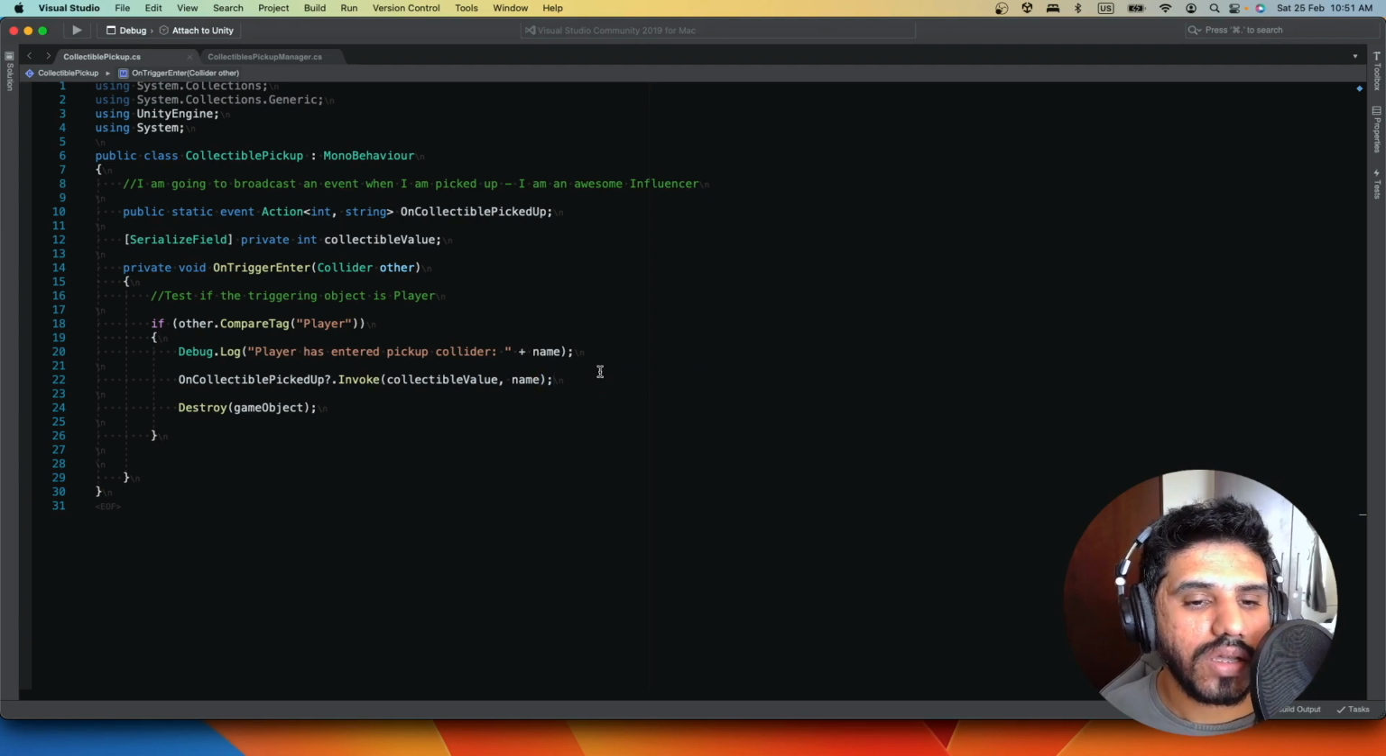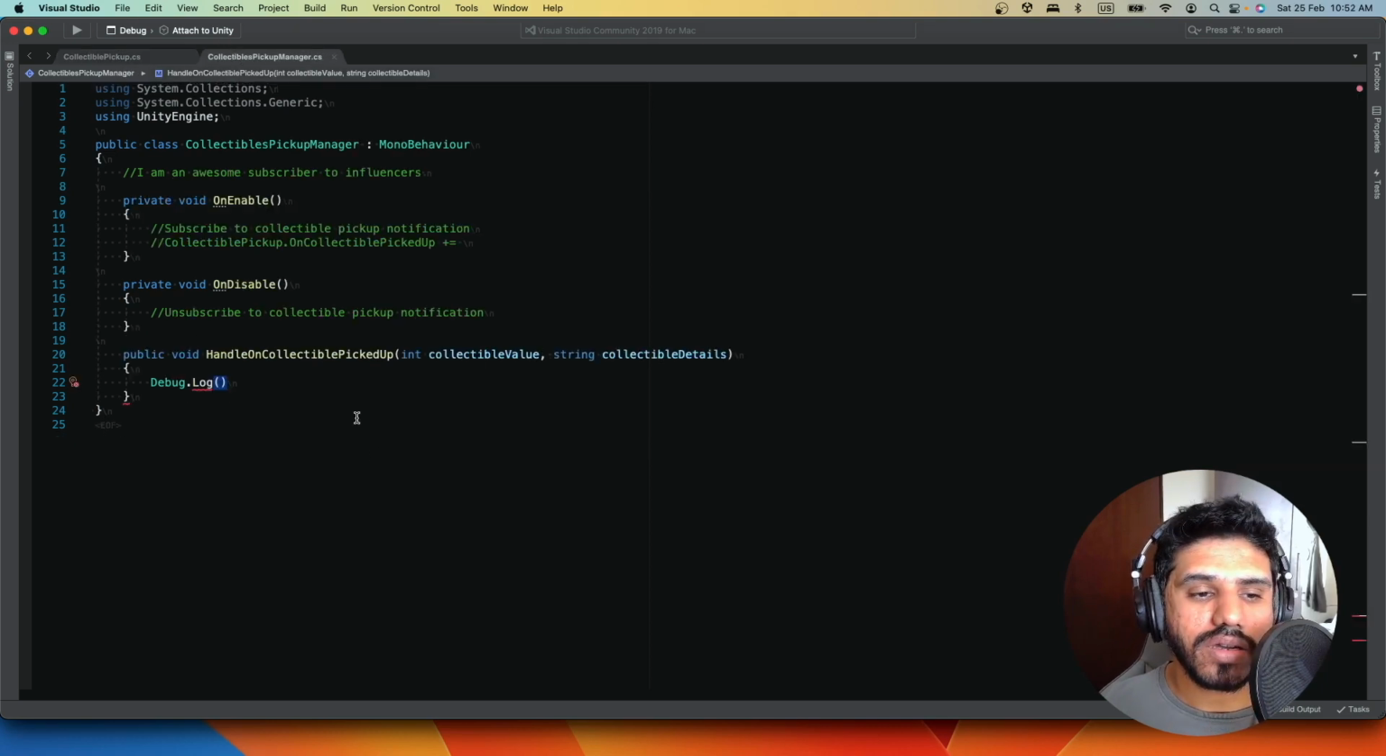It's always good to separate any kind of messaging from here, and just have the basic collectible value and the important info here, and then you manipulate it however you want in another area, right? So I'm going to say debug.log